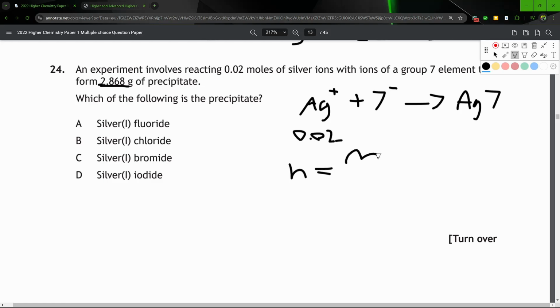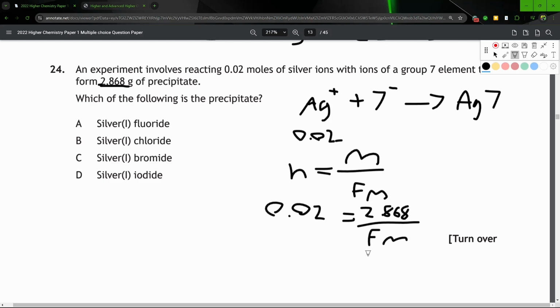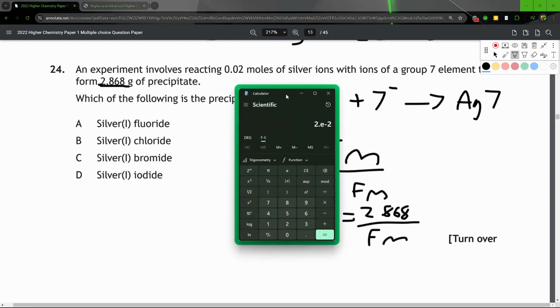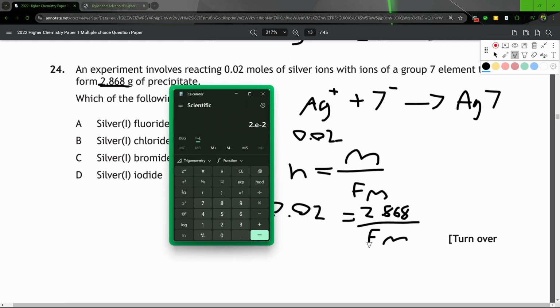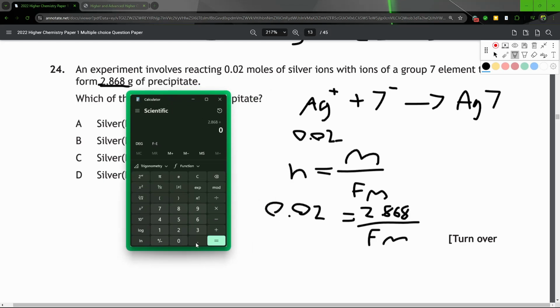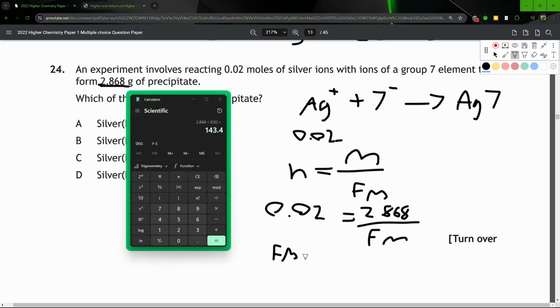So it'll be n equals m over Fm, 0.02. We know what the mass is. This is quite uncommon. I've never done one of these kind of backwards equations before. And then we don't know what the formula mass is though. So what we can do here is swap the 0.02 and Fm around, because that's how fractions work basically. I'll turn off scientific notation. So 2.868 divided by 0.02 will give a formula mass of